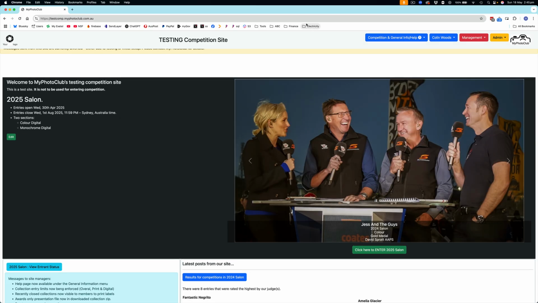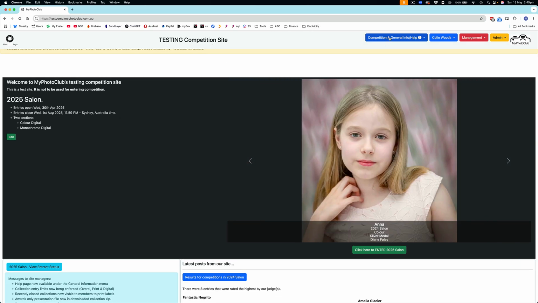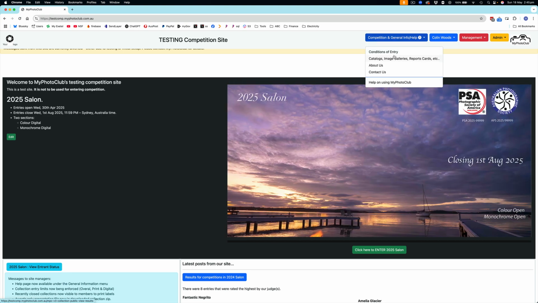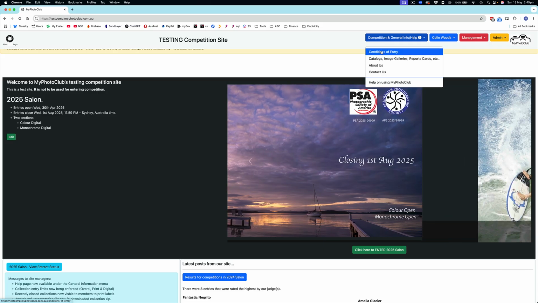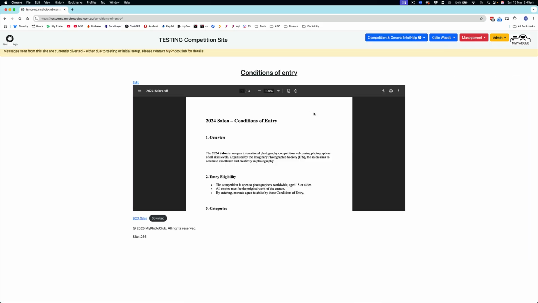So the next thing on the page to get ready for the next competition is to change your conditions of entry. So here under the competition general information you've got a conditions of entry page, and that'll be showing your conditions of entry from the year before. So you can see we've got an edit button there. When we click on the edit button,